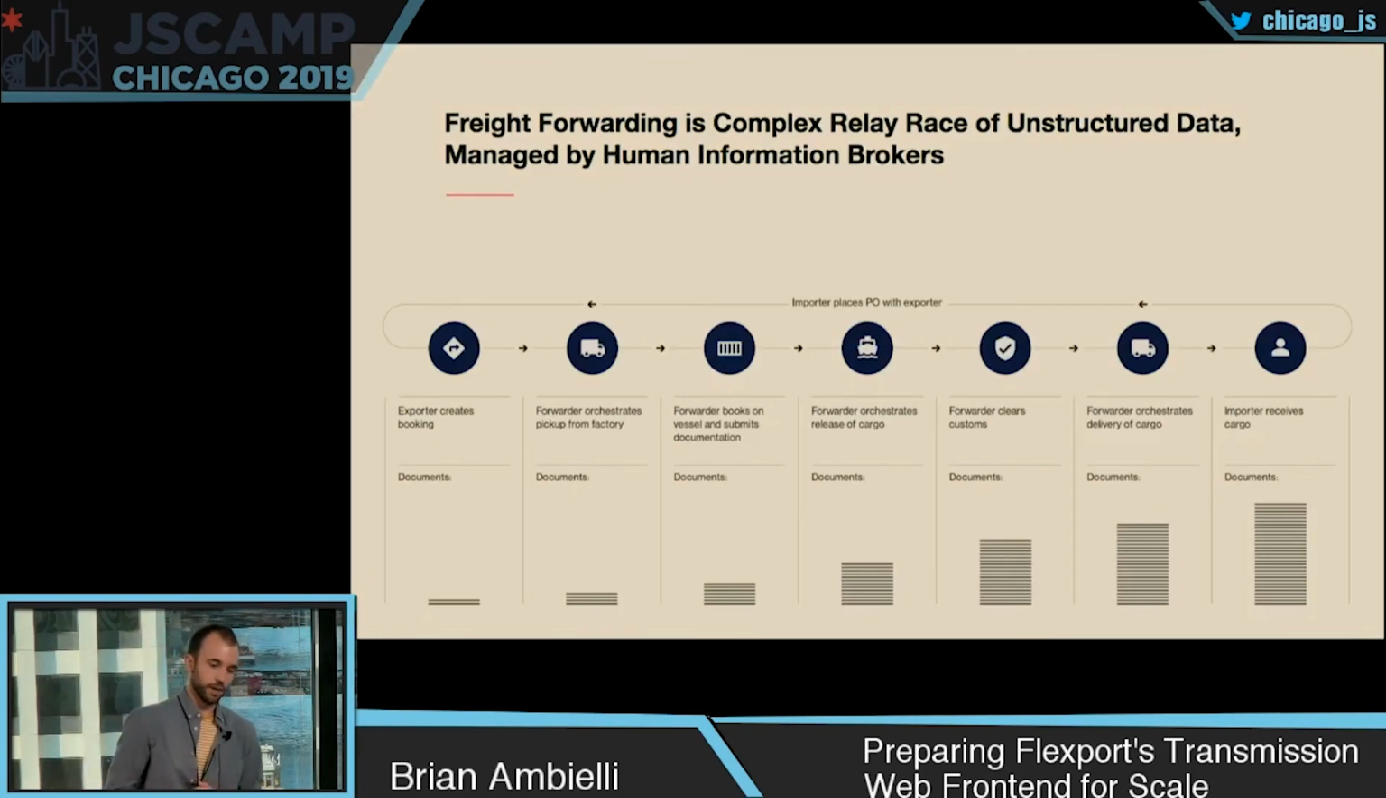So freight forwarding itself is this really complicated relay race of unstructured data. This is how it's kind of gone in the past. This is what Flexport is really trying to break the mold of. You can think of a freight forwarder as a broker between people who have stuff that they want to ship and people who have space to ship that stuff. So we sit in the middle and we coordinate all the logistics around moving stuff for partners that want to ship stuff with us from point A, often in an international location, to point B, often in the